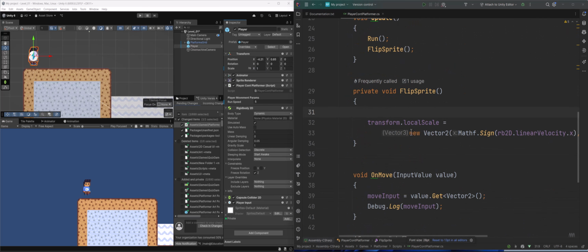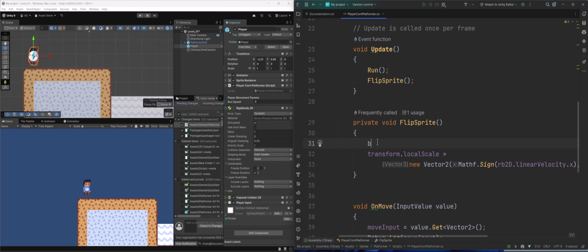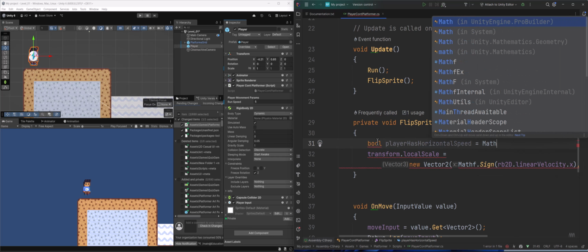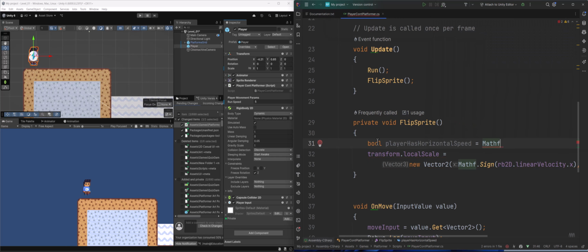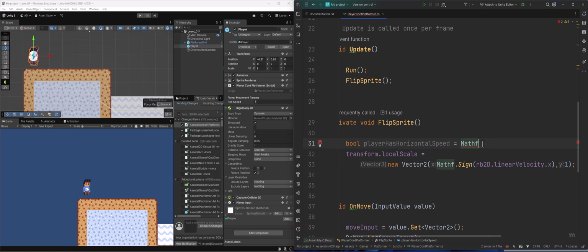So let's create a Boolean variable here. And this Boolean variable is just going to check if our player has horizontal speed. And we're going to make this equal to essentially the absolute value of this rigid body dot x. So I'm going to do Mathf dot absolute value. And what absolute value returns to you is the